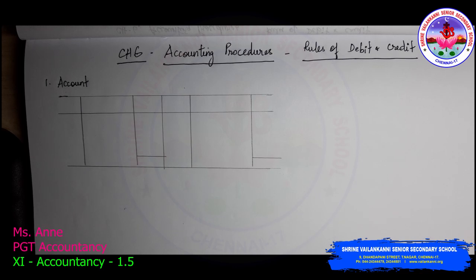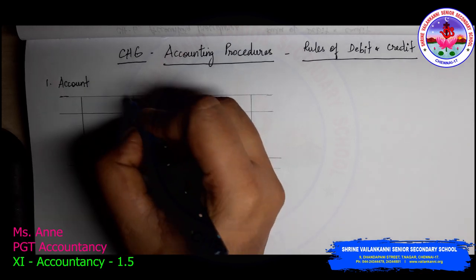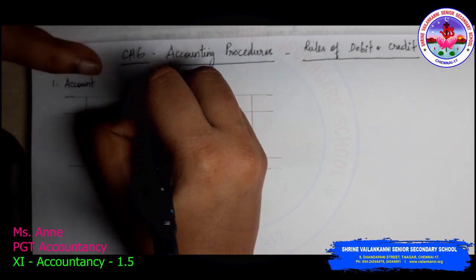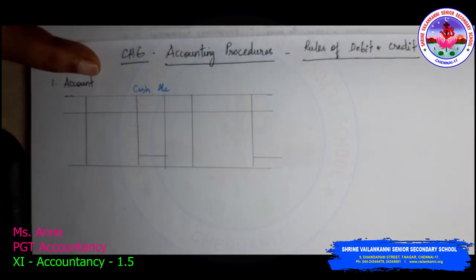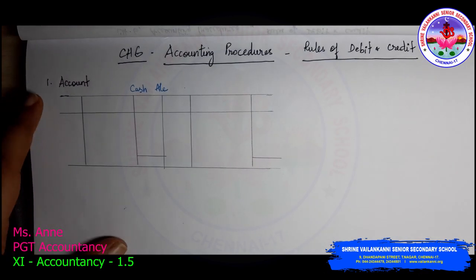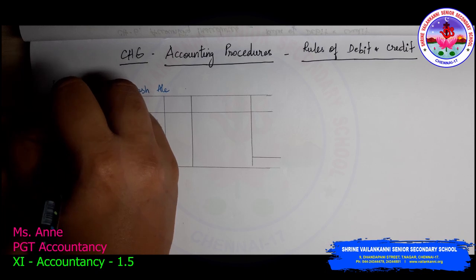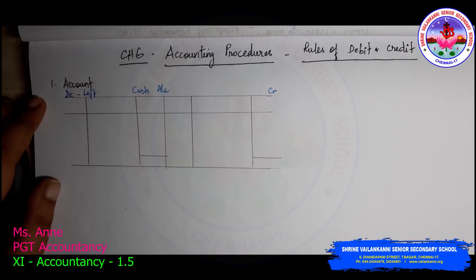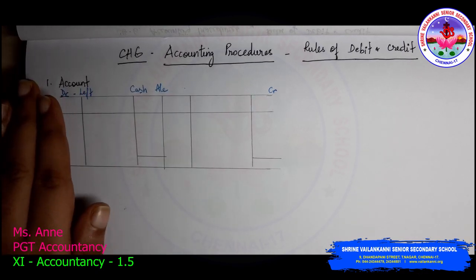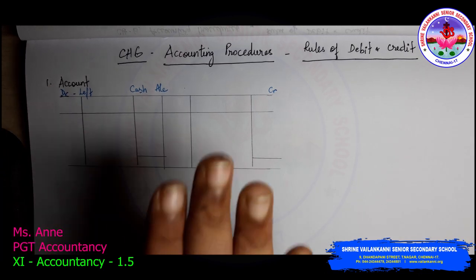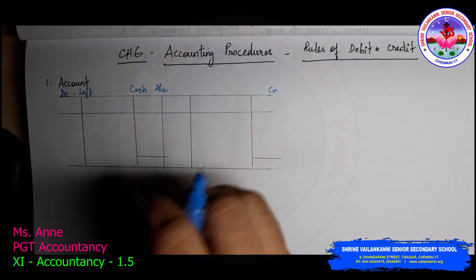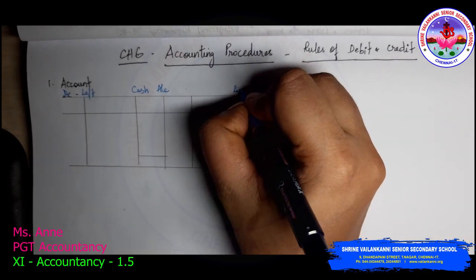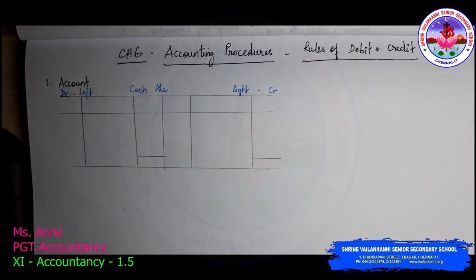So basically every account will have a name. I am giving this account a name called as cash account. Okay, so the name of the account is very important, and you have to name this account as debit and credit. Debit is always in the left side. I told you, you place your left hand, it will be left side. You place your right hand, it will be in the right side. So this is in the right. Okay, is it always like this? Yes, it is always like this. Your left side of the account is the debit and your right side of the account is the credit.